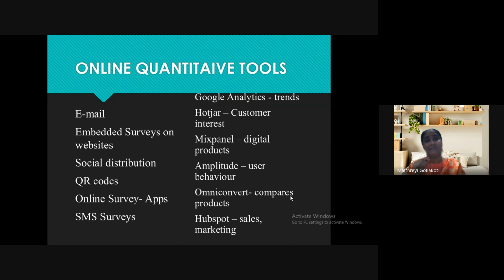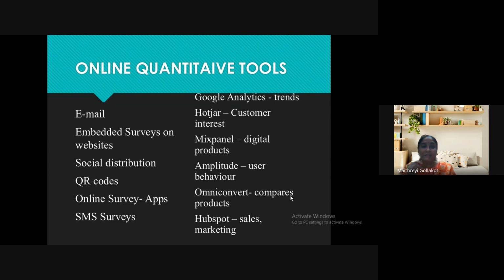information about the trends in the customers, how customers are reacting to the product, whether they are interested in the product or not. See, some people may not buy things immediately, but still they will be interested. They will visit the site so many times. Maybe they can't afford it right now, or maybe they want to buy it after 6 or 7 months. Sometimes that also happens. So Hotjar tries to see whether the participant is interested or not. Not just buying and not buying, but interested also. That aspect also can be seen.